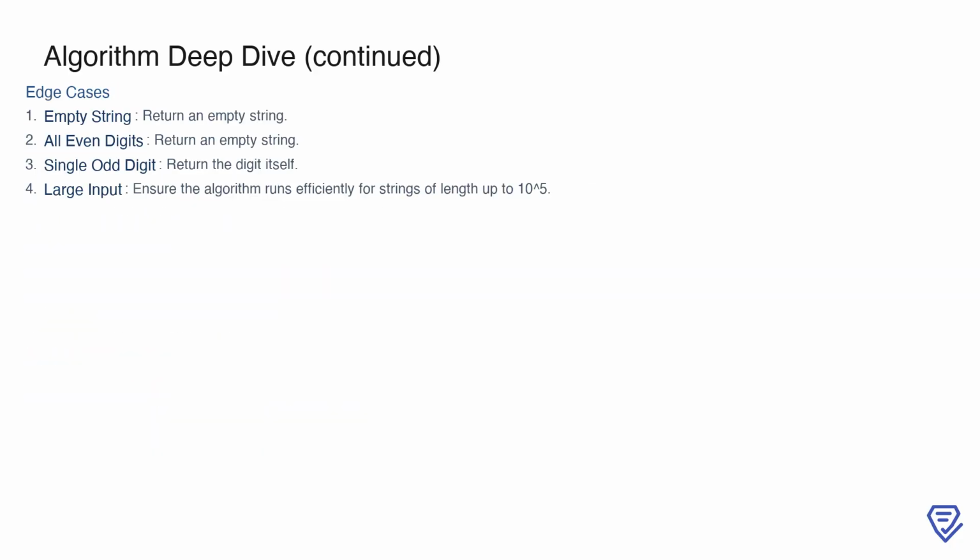When solving this problem, it's important to account for edge cases. For an empty string, the result is straightforward: return an empty string. If all digits in the input are even, we also return an empty string, as no odd-numbered substring exists. For an input with a single odd digit, such as 7, the digit itself is the answer. Lastly, for large inputs, the optimized approach ensures that the algorithm runs efficiently, even for strings with lengths up to 10 to the power of 5. These edge cases highlight the robustness of the right-to-left scanning method and its ability to handle a variety of scenarios